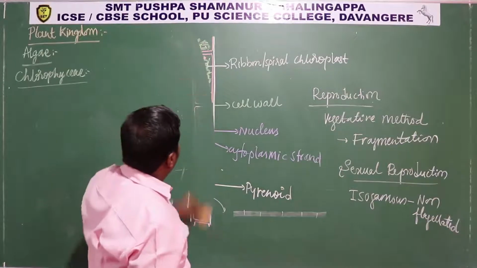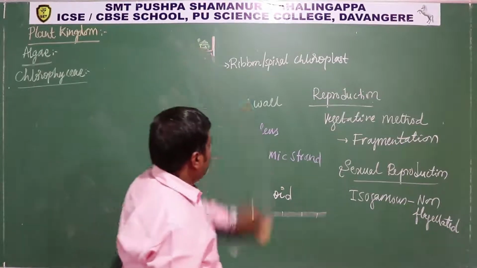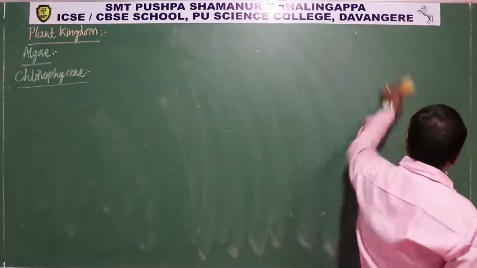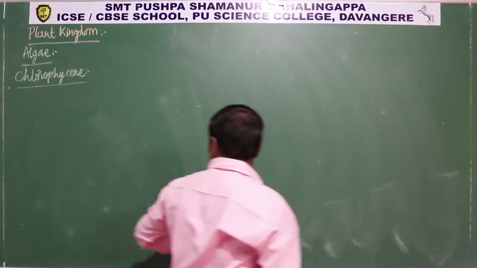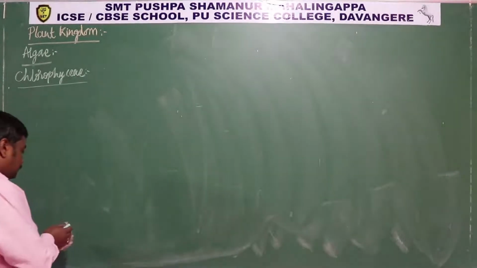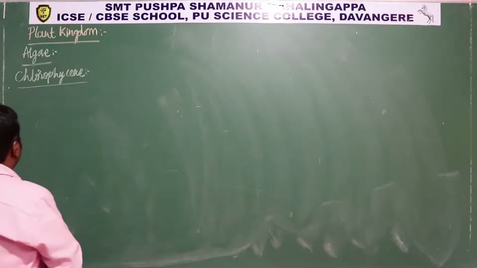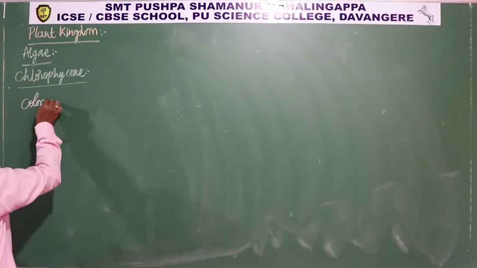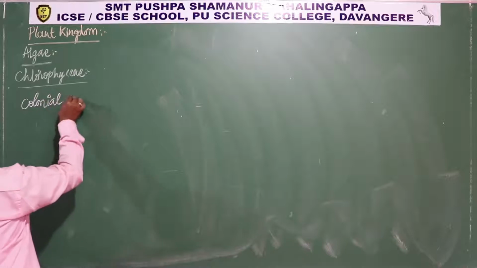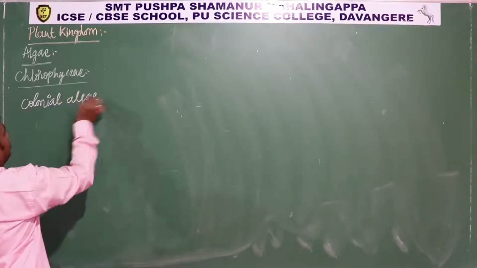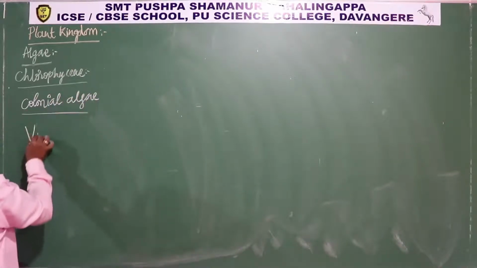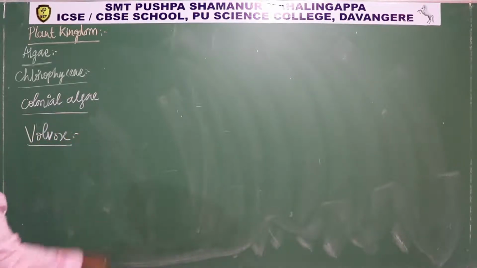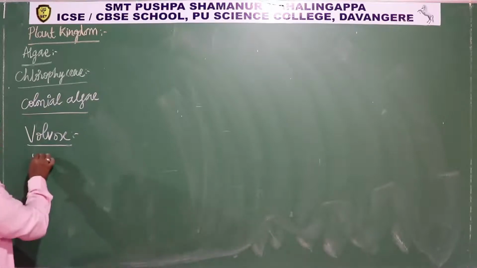Okay, so next, come to one more type of Chlorophyceae, that is the colonial type. So colonial type, so an example for colonial algae, a colonial Chlorophyceae member, that is Volvox. So it is called Volvox. So it is commonly called as